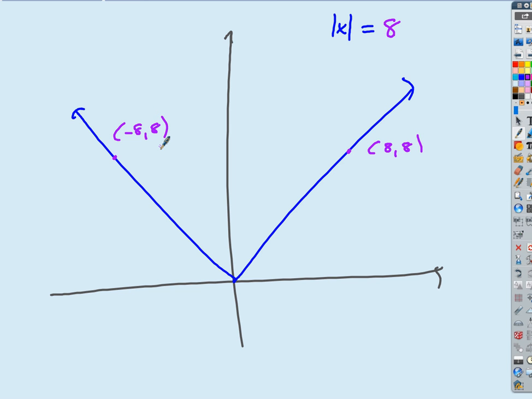Well, I'm introducing you to a really good trick in algebra. This is a trick that we use with graphs. We'll be doing a lot of stuff with graphing technology, so we'll talk a lot more about this later, but here's your first introduction. If I want to graphically solve the equation absolute value of x equals 8, I can think of it this way. I could graph the function y equals absolute value of x, which I did, right? That's graphed in purple. And I could graph the function y equals 8, and I could intersect those two functions,